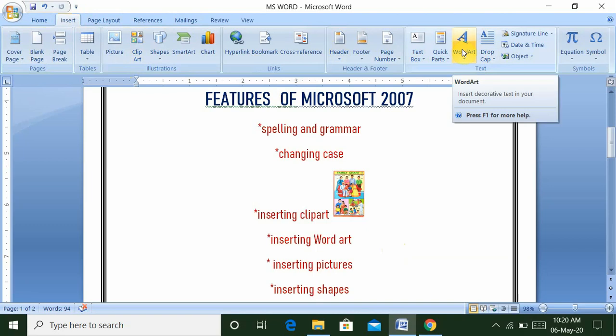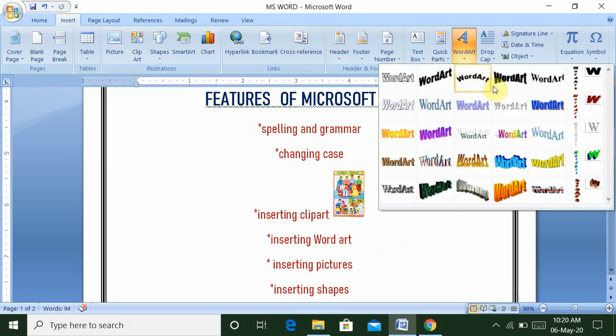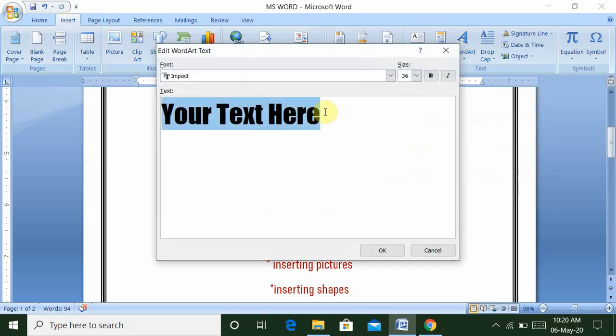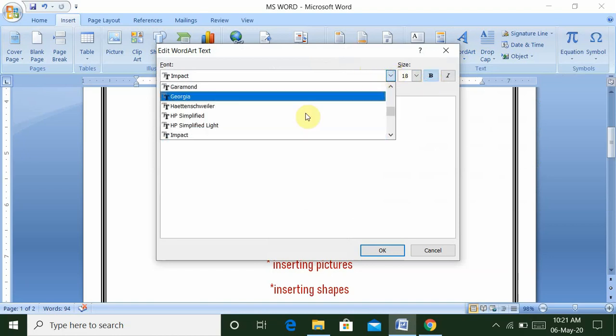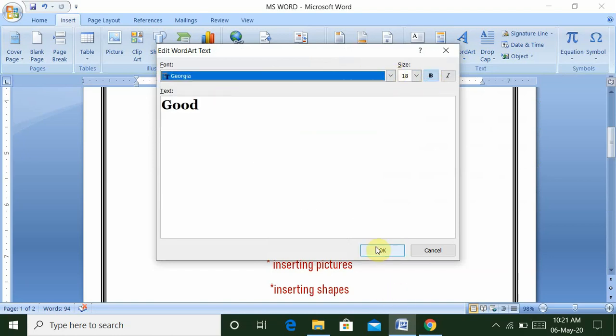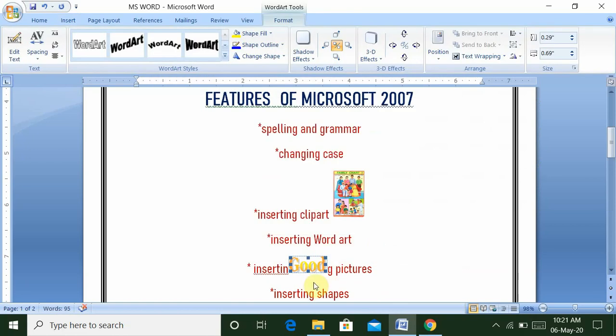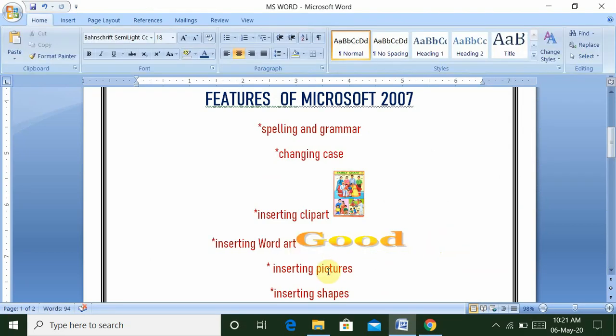Insert decorative text in your document. You can choose any type of font, font style, bold, italic, underline. This is your word art. You can increase or decrease its size also.